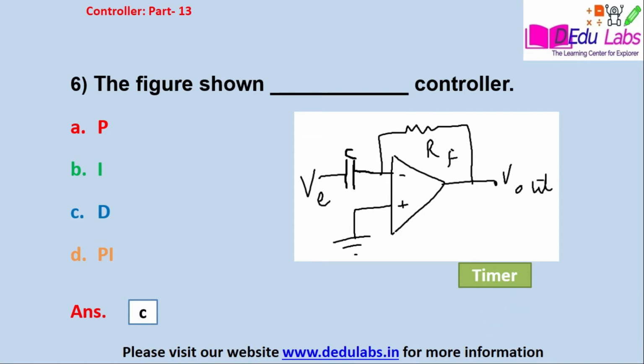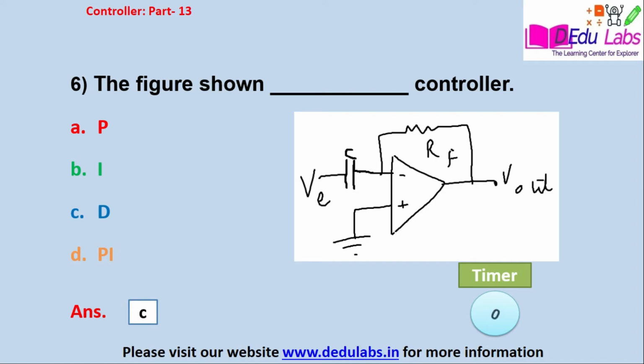See, as shown in the figure, an operational amplifier is used. And here we apply the VE signal, that is the error in the form of voltage, to the inverting terminal of the amplifier through the capacitor C. And there is a feedback resistor RF connected here. The positive terminal of the operational amplifier is connected to the ground. So this operational amplifier looks like the inverting case. Okay, when you solve this equation, you receive the